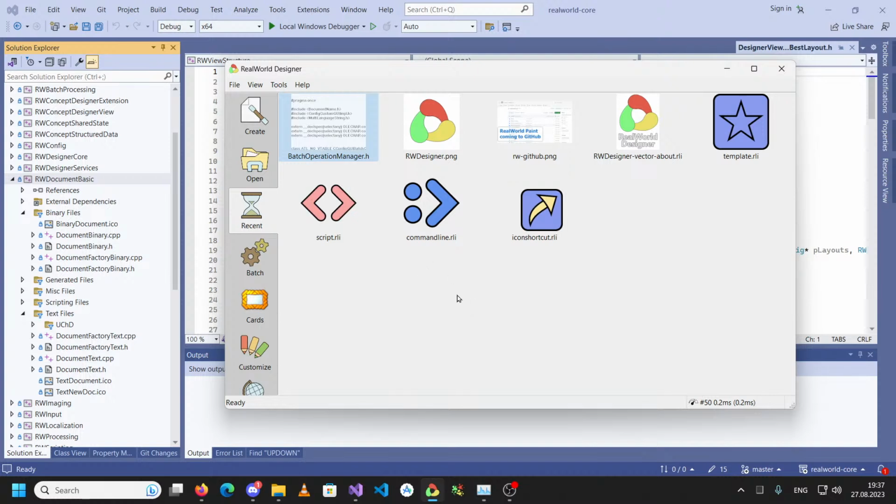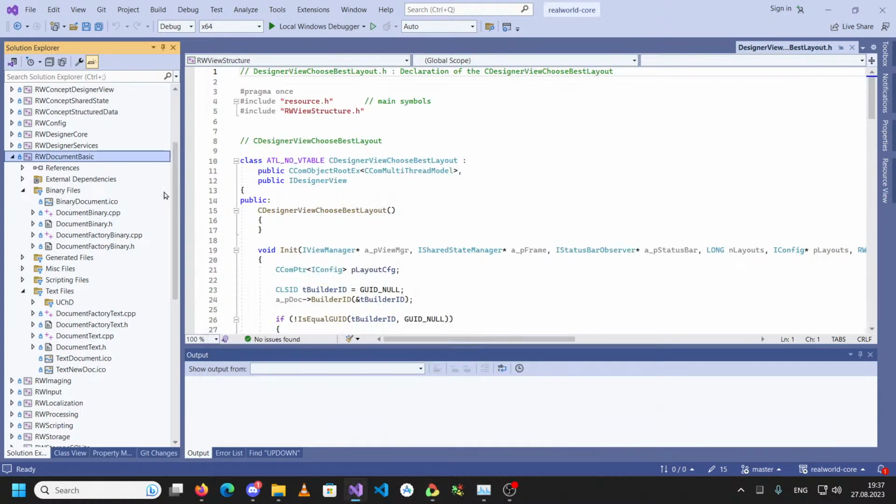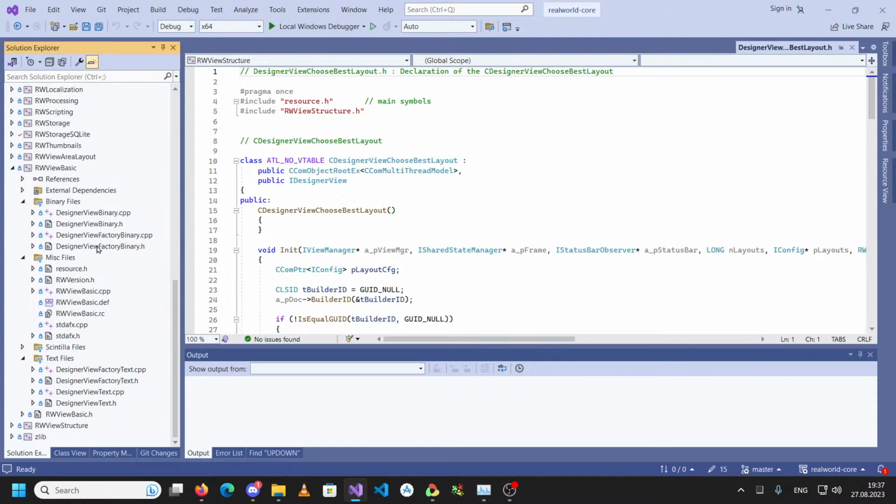If anyone wants to do it, they have to create this document factory that will be able to read and, or it's more complicated than that, but in principle it should be able to create documents of type font, and then you have to create some kind of view that will allow you to edit this font,